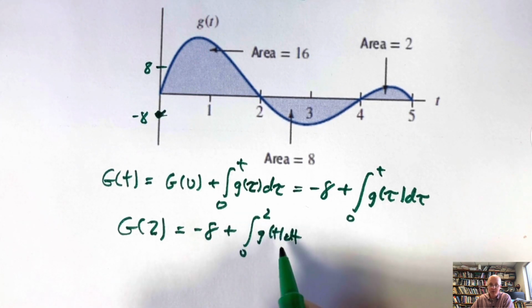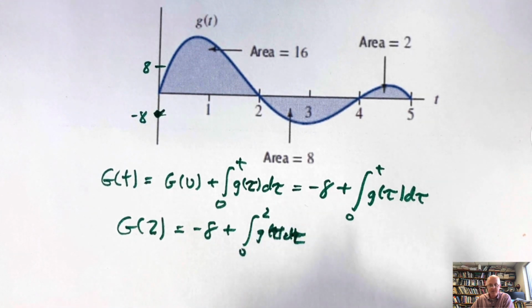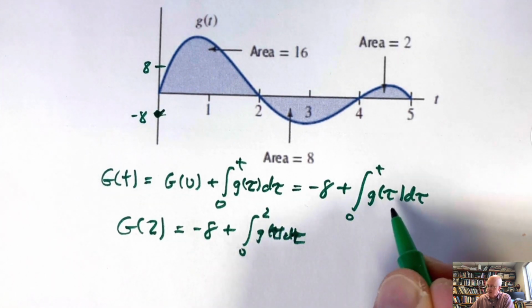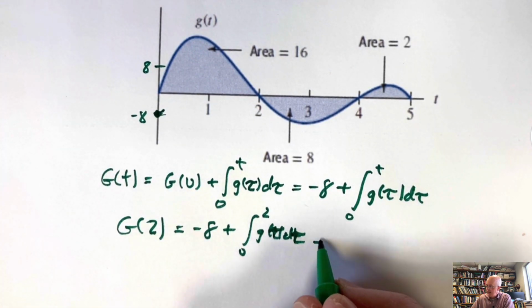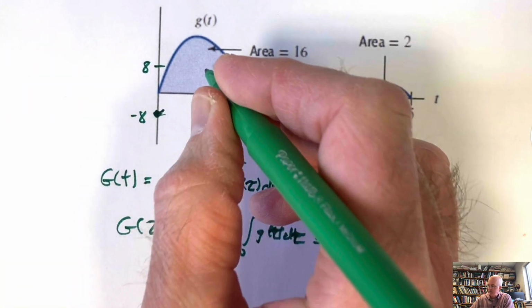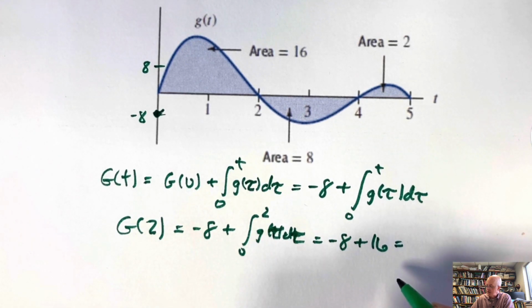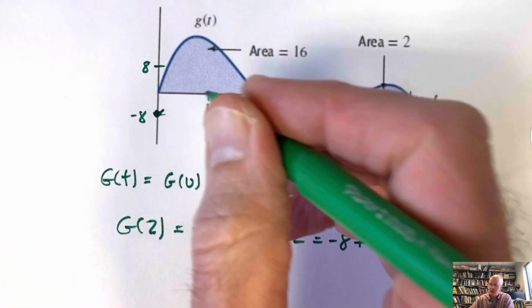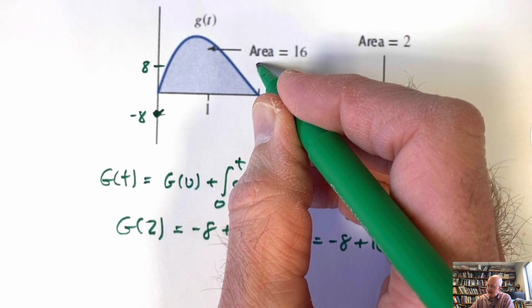And I can, by the way, go back to t's here if I like. Maybe I should stick with tau's, though. Little g of tau d tau. Don't let it bother you that tau there and t there don't match. It's not a big deal. The integral is that area, 16, because that's where the graph is above the axis. So the change in capital G over this interval is 16. Therefore, the value of capital G goes from -8 up to +8 as t goes from 0 to 2. So the value's got to be 8 over here,